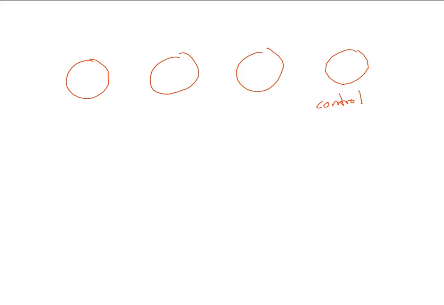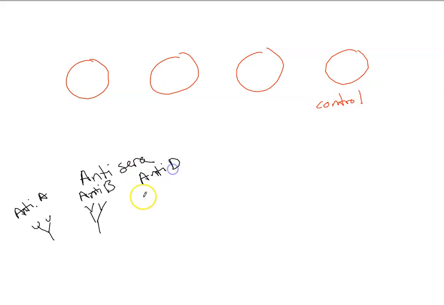What we have developed as scientists is artificial anti-sera. What I mean by this is I can have an artificial anti-A antibody, artificial anti-B, and artificial anti-D. Cool. These are anti-sera that, not me personally, but scientists have developed, that I would use in my blood type